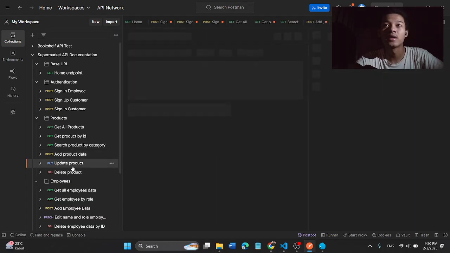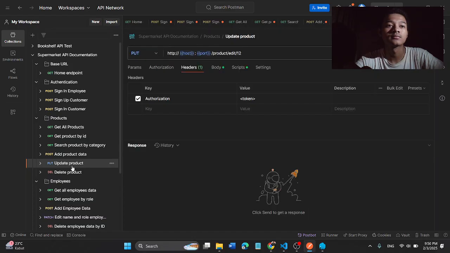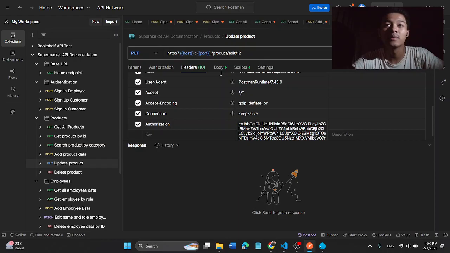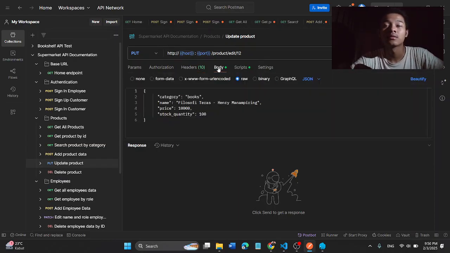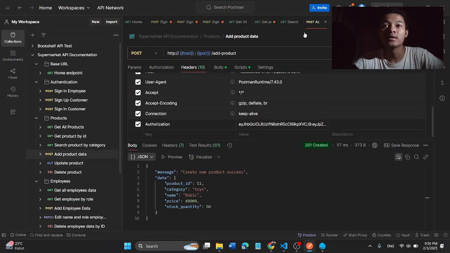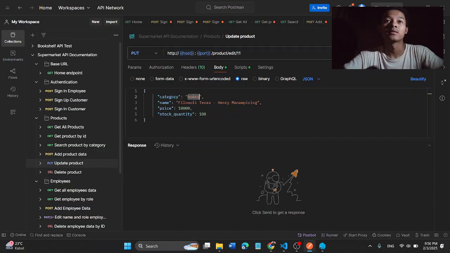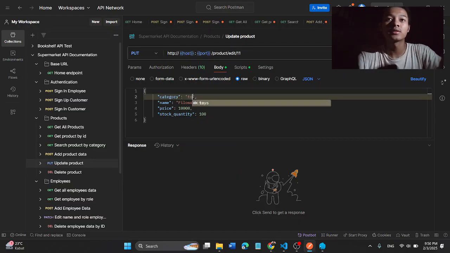Update product, and we paste the admin token again, and we will update the product with ID 11. Here we input 11, and the category is still toys.